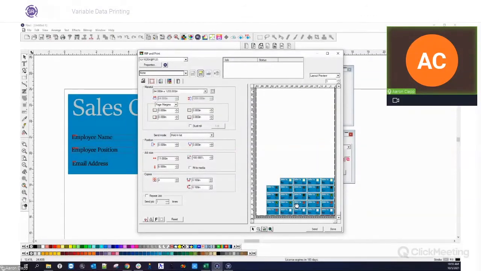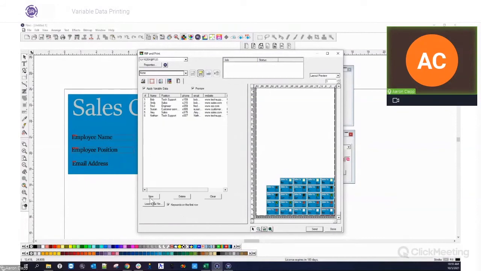So the overall benefit is that you can have a limitless amount of data points. You could actually come in here and add data points on your own if you wanted to. Now, obviously, we think that's probably not the most ideal situation, but we decided to give you the ability to do this if you wanted to. So if you needed to add or remove data points, you can just say new. I could put a new field in here, and I could fill it in all by myself. Let's say maybe I forgot to put one in, and I say, oh man, I need to put my name in here,